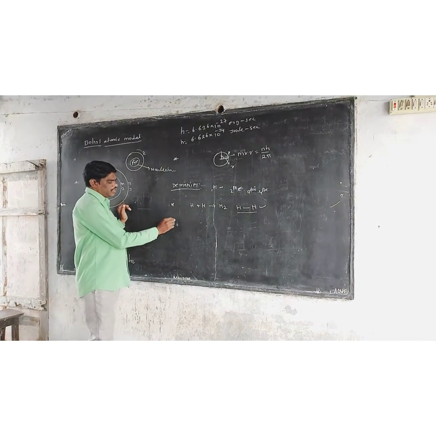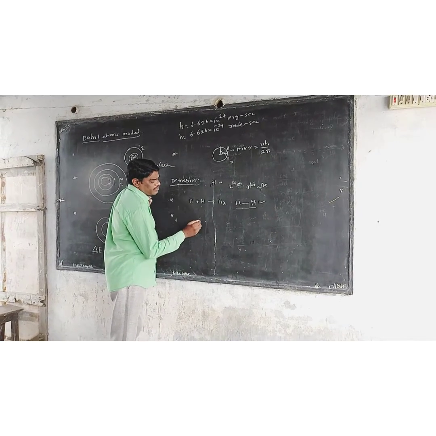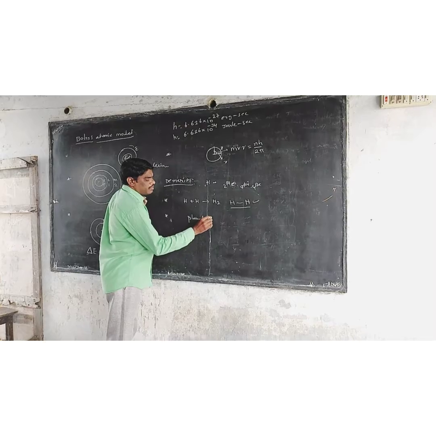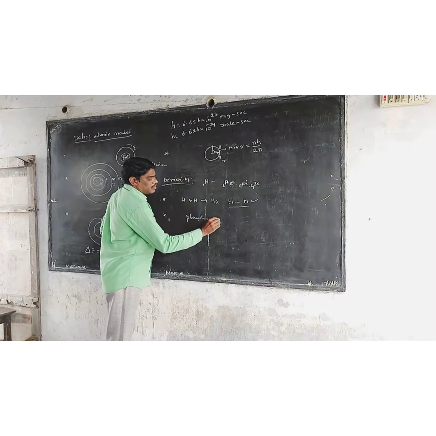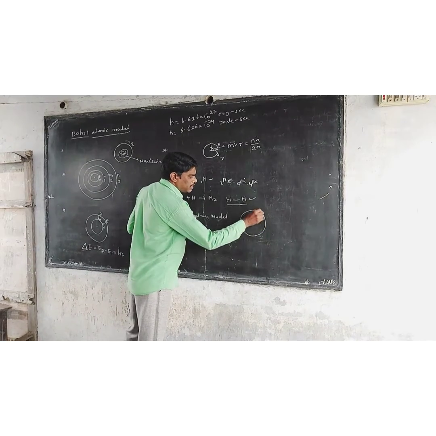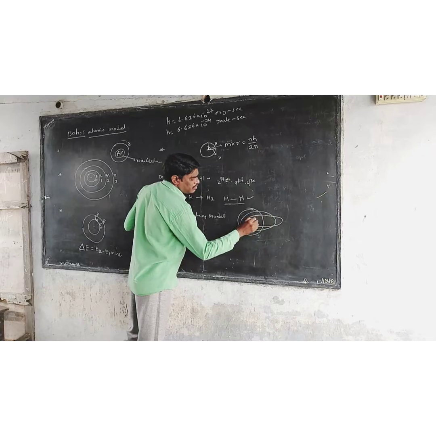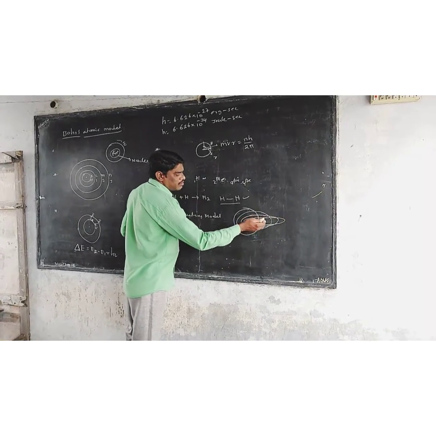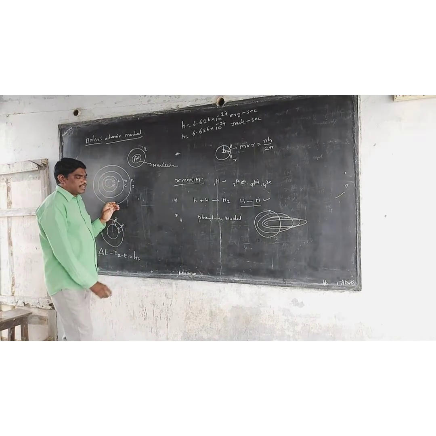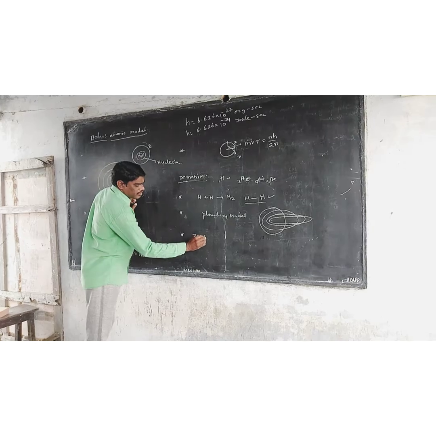The next one is how electrons revolve around the nucleus. For example, the shape of the electron path, the planetary model: it cannot be explained. Planetary means elliptical to spherical and spherical to elliptical. How the orbit changes like this cannot be explained. This is also a demerit. The third demerit is that it cannot explain the Zeeman and Stark effects.